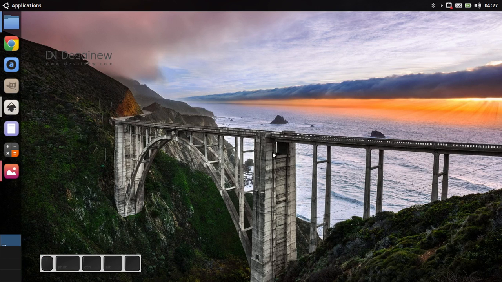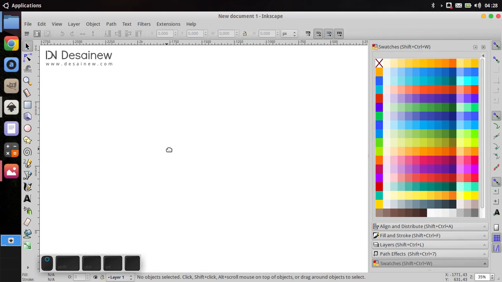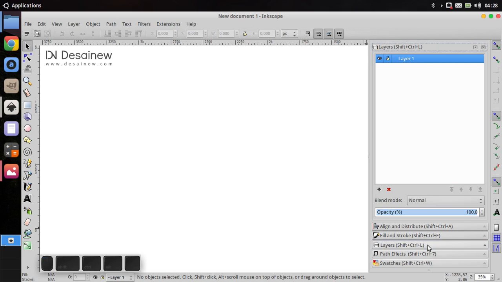Okay, open your Inkscape and open the layer window with Shift Ctrl L and rename this layer 1 with the name Lotus logo design, like this, and enter.